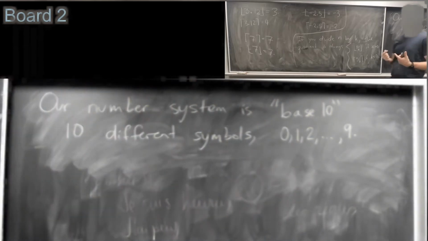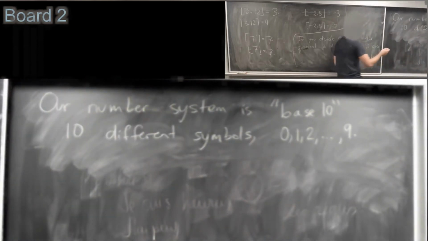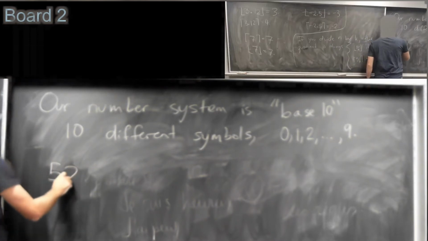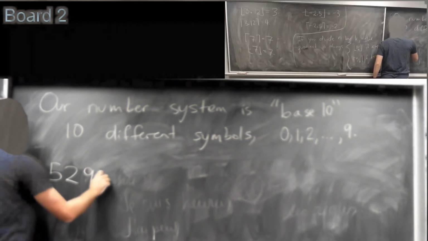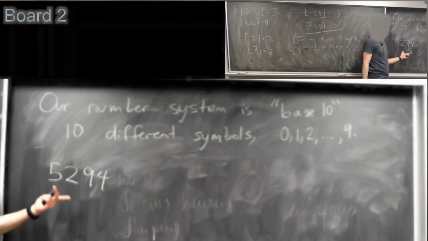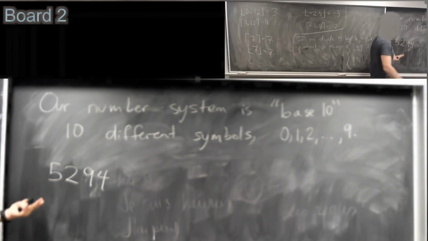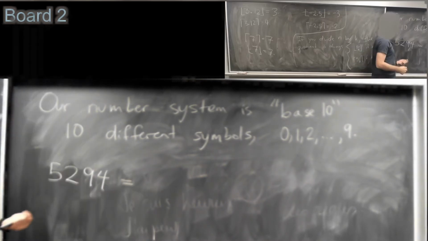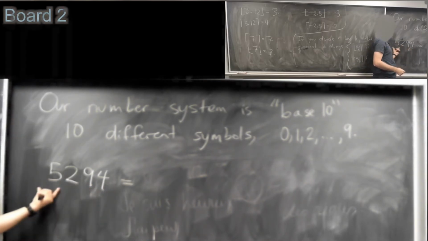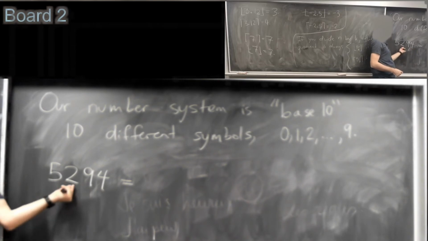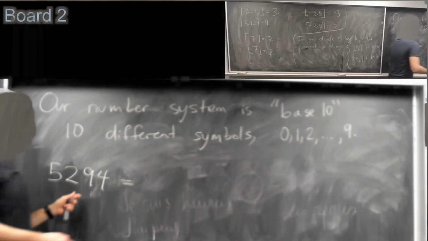If you think about how base 10 works, what really is the number 5,294? Well, it's the number 5,294. But if we think of how we really construct this, what writing these numbers beside each other really means is that we take